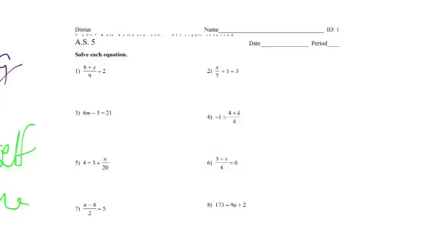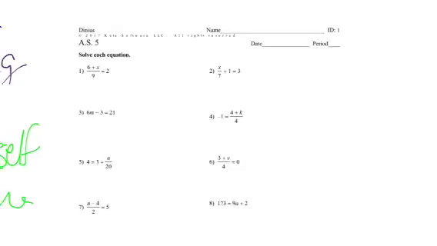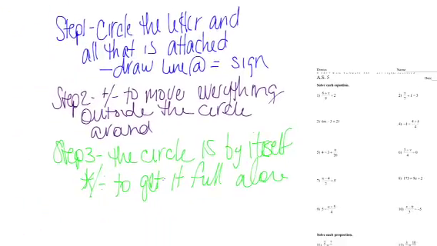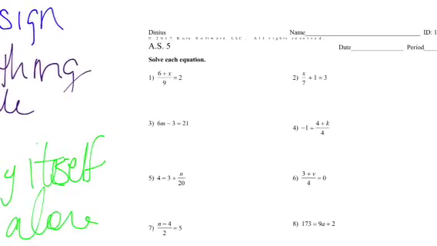Week 5 academic support is all about solving multi-step equations. You will notice there are notes over here to the side. You may want to hit pause and write them down. But step 1 starts with circling the letter and all that is attached and draw a line at the equal